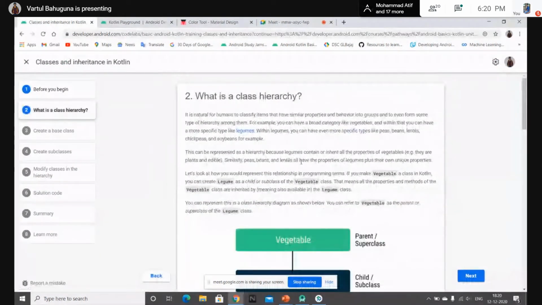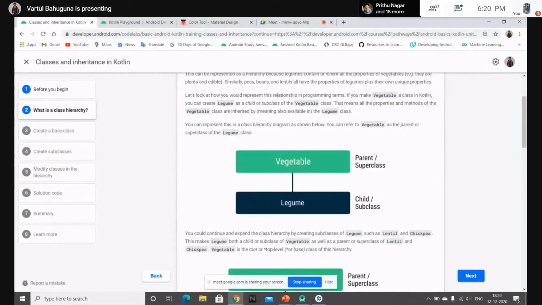First it tells about the hierarchy. Hierarchy is like putting things or objects in a particular order, like the hierarchy I told you about with the example of animals. The dog will be a class. The dog comes under the hierarchy of animals, and animals come under the hierarchy of living beings.